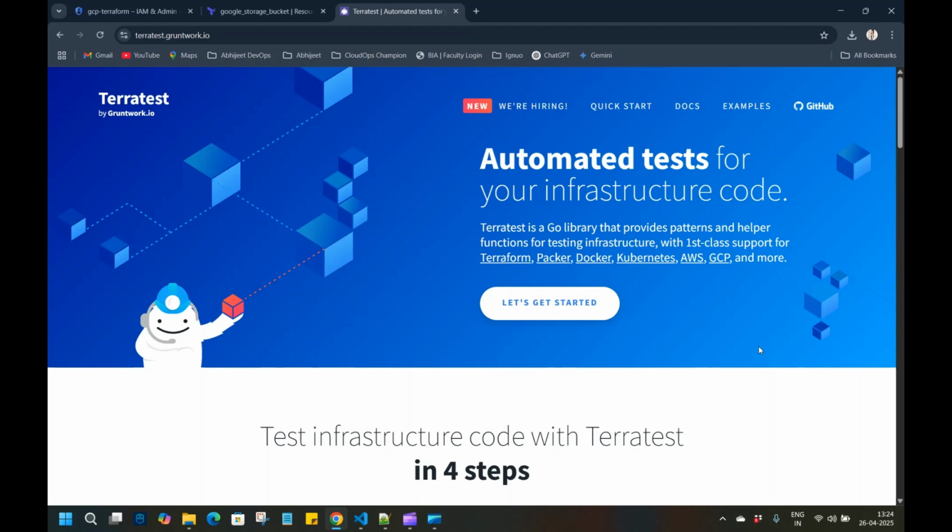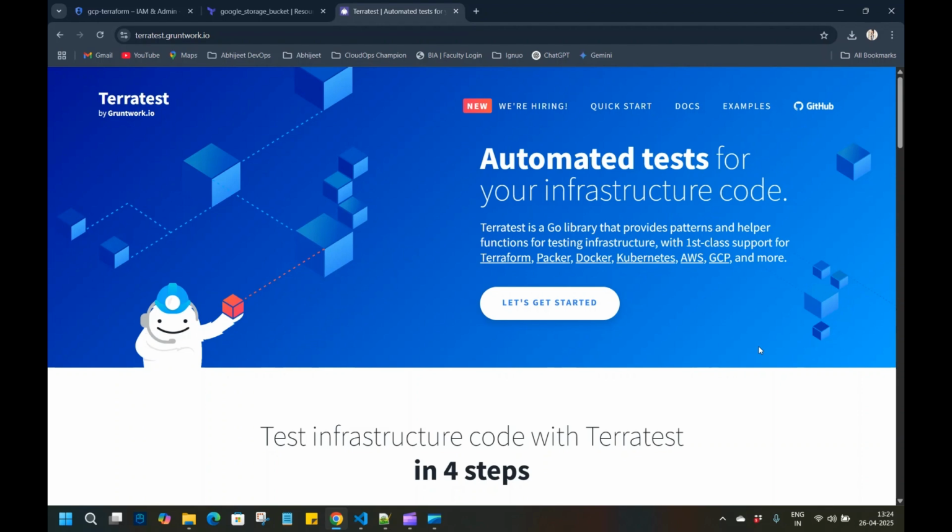Today we are diving into a super important topic for anyone working with infrastructure as code, basically testing your Terraform code using Terratest. So when we talk about Terraform, we often focus on building infrastructure, but how do we make sure that our infrastructure code actually works before it hits production, right? So that's where Terratest comes in. It helps us automatically test our Terraform deployments using real infrastructure, giving us confidence in our code and preventing